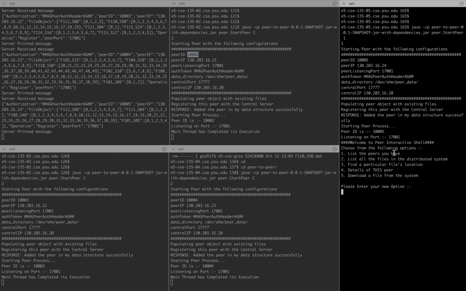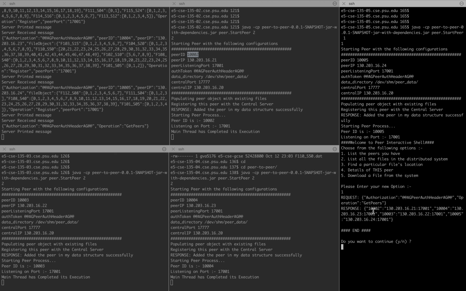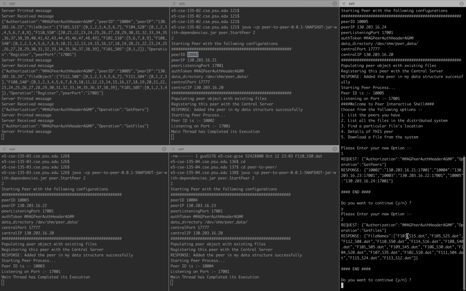The first option says list the peers you have. In the response from the server, we can see there are 4 peers in total and their respective IP addresses and ports. We can continue in the shell and give the second option, which is list all the files. As you can see, there are multiple files in the system, and say we are interested